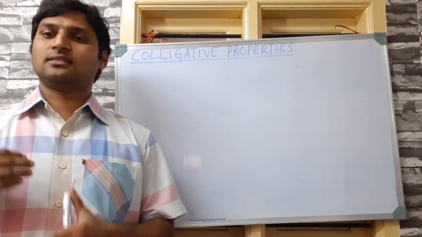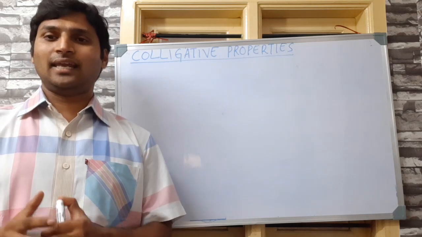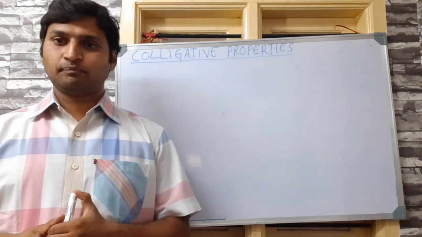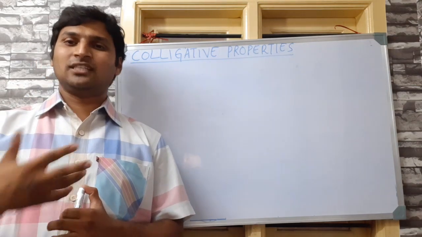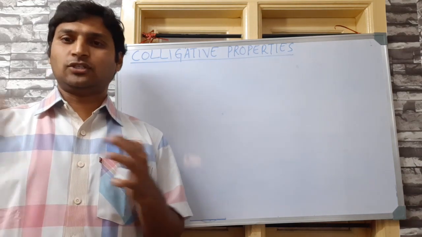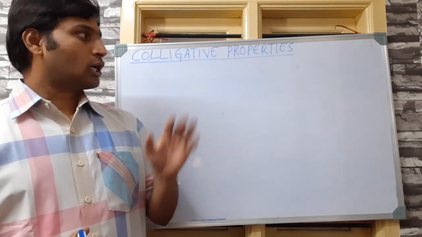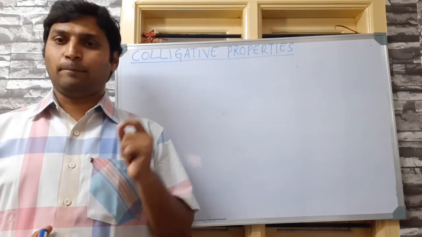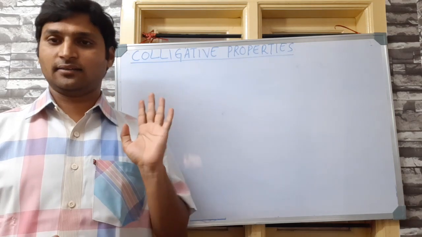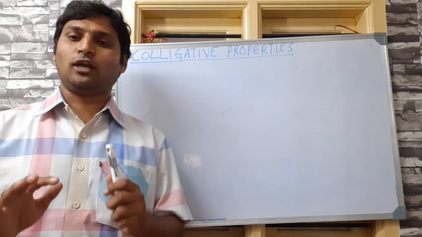In this session we are starting off with the last part of this chapter called colligative properties. Colligative is a Greek word in which co means together, ligare means binding. Okay, the definition may not literally sound the same, but let us understand the definition. See, colligative properties are the properties of dilute solutions of a non-volatile solid.